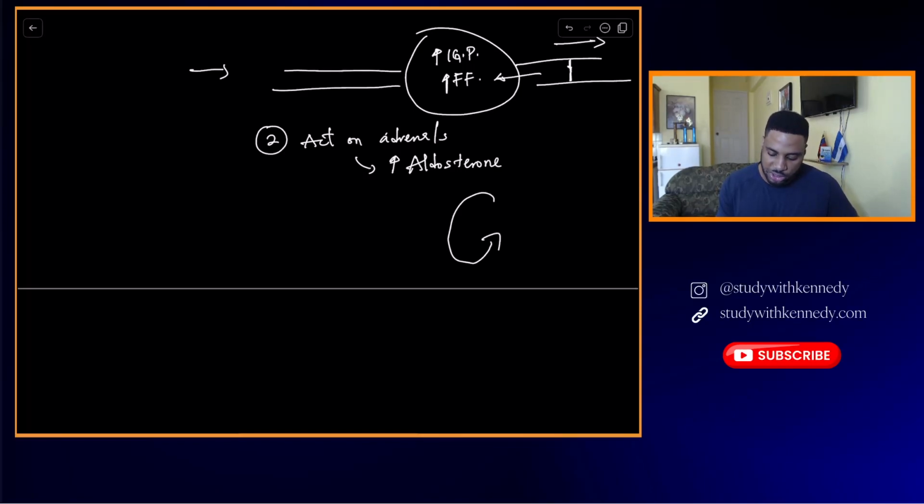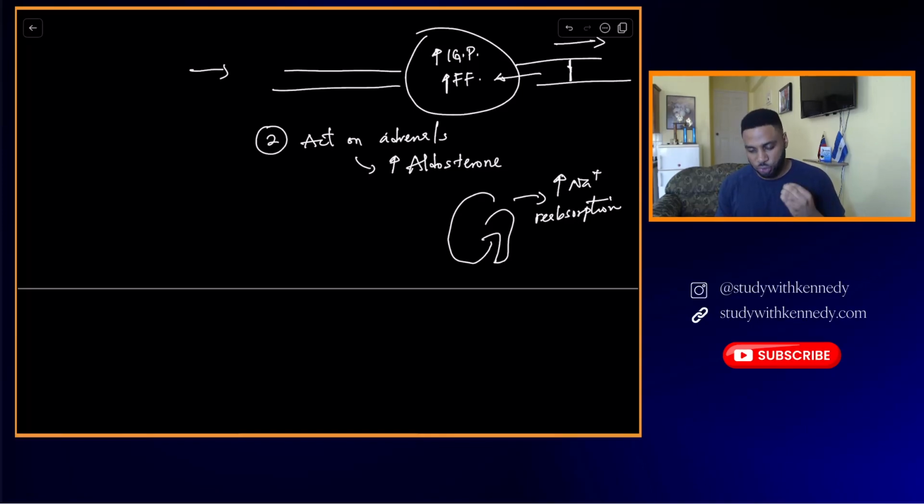Aldosterone goes to the kidney and increases sodium reabsorption. Aldosterone goes to the kidney and increases sodium reabsorption. So if the person had hyponatremia, then this will increase the sodium level